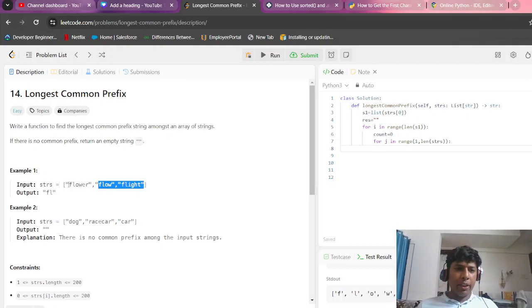Basically what I'm doing is I am taking one loop which will have individual characters of the first word, and then I will keep on matching the individual character of the first word with each and every word that is present in the list. Okay,